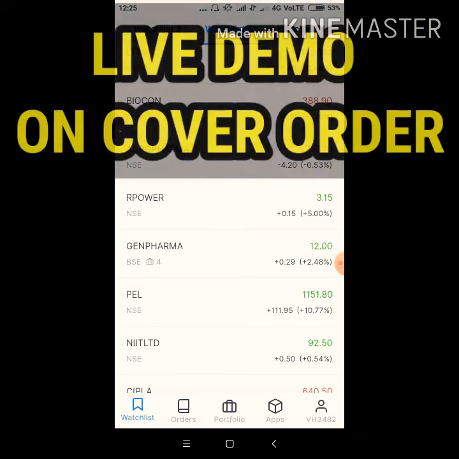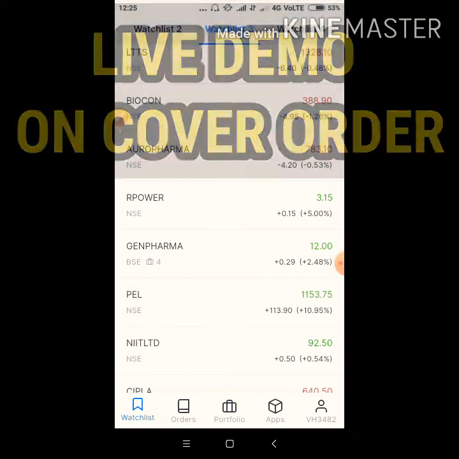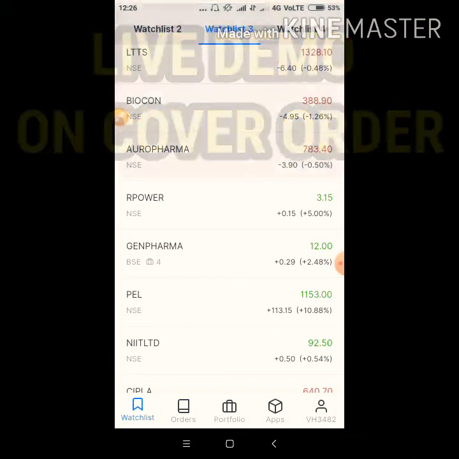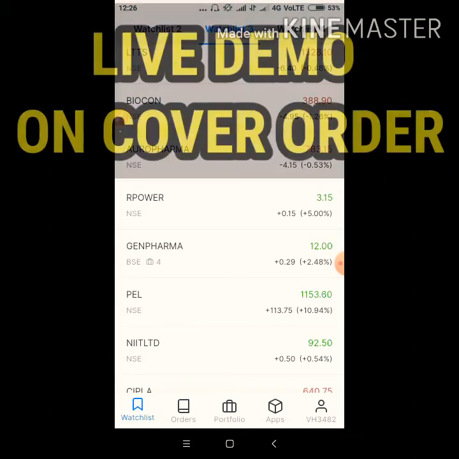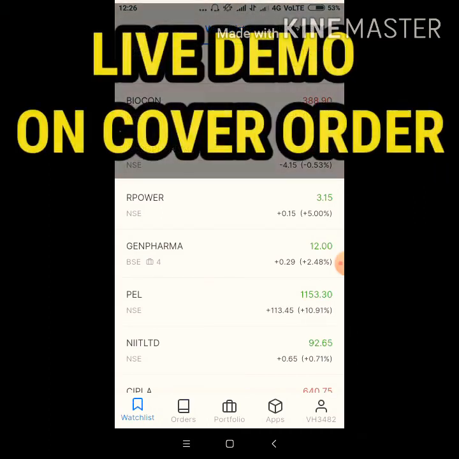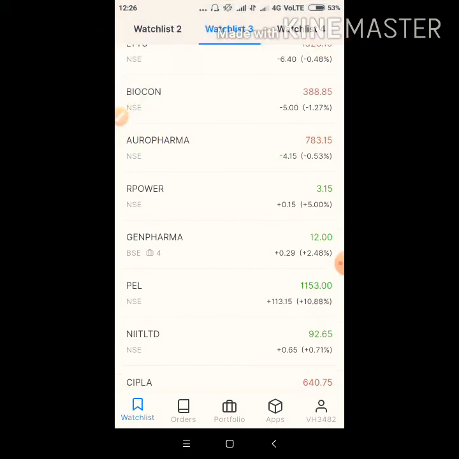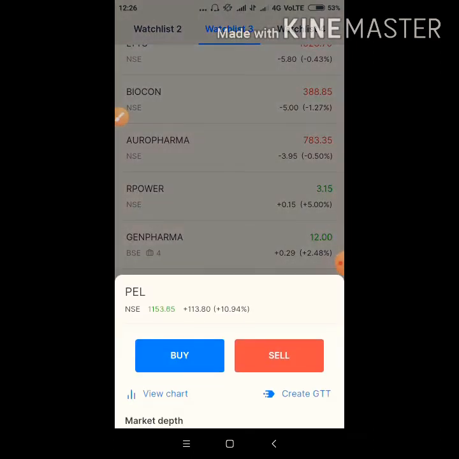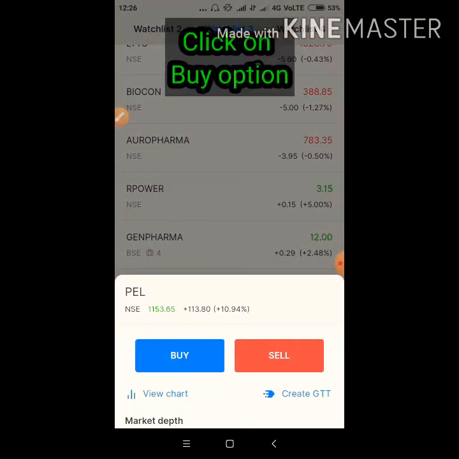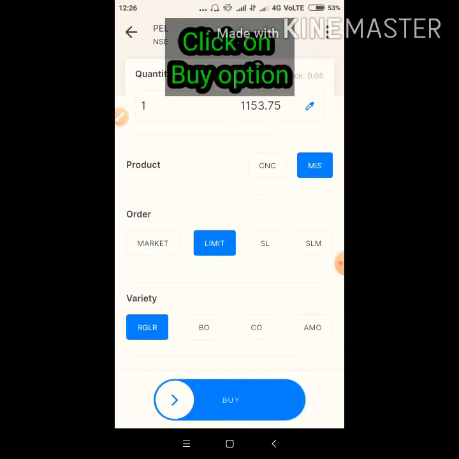Okay, so first we are going to start our live demo on the cover order. Today I have selected the stock PEL, called Piramal Enterprises Limited, and I am placing the cover order on the buying side of this PEL. First we select the stock. I have selected the stock and I am placing the cover order on the buying side, so I will click on the buy option. When you click on the buy option,